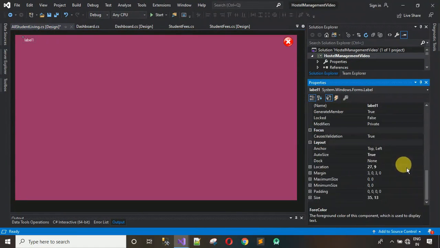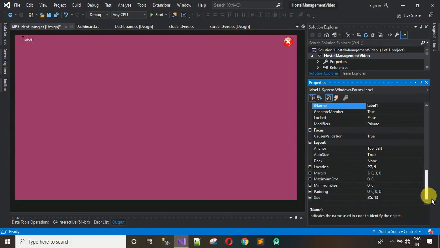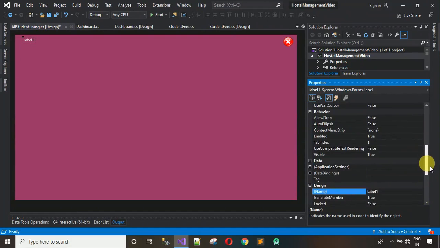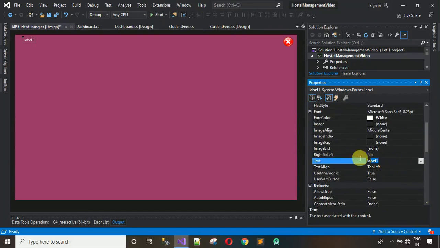And after this change the text. So this one is actually the design name, so we don't need to change this one. Changing this will change nothing for the visual end. Okay, so change the text over here. Change this one to students in hostel. Hit enter. After this what we have to do is we have to set the